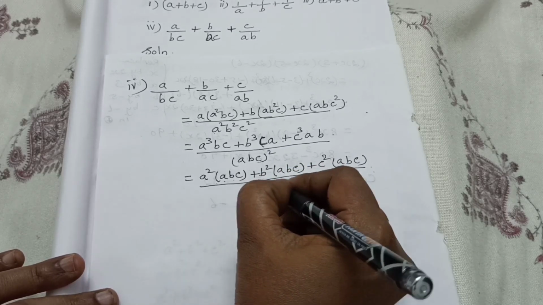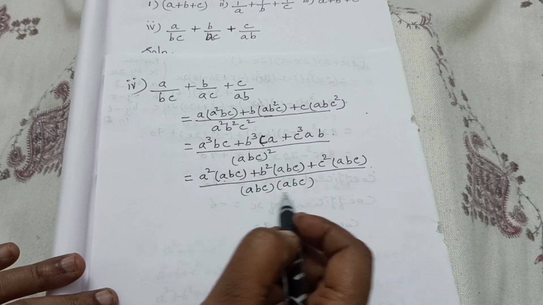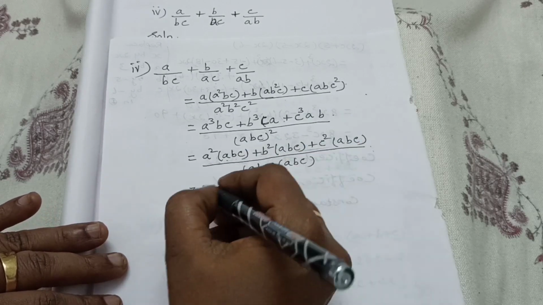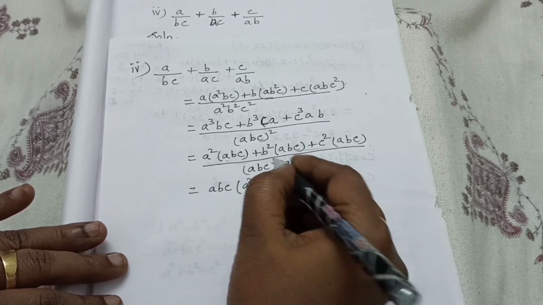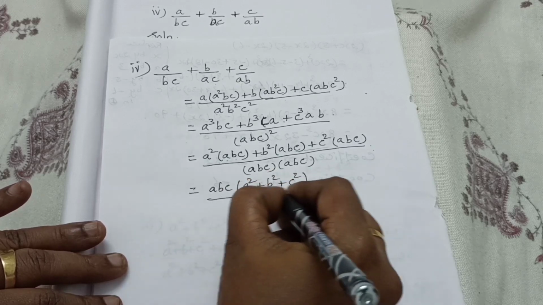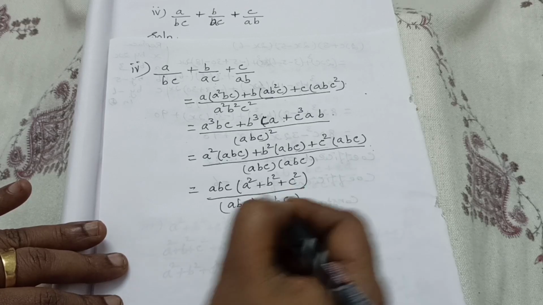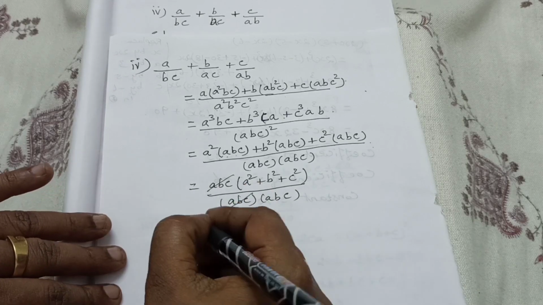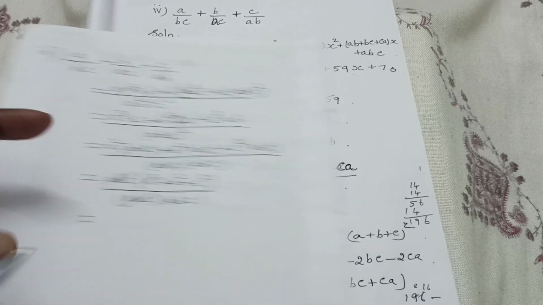Here ABC into ABC we can write 2 times. Okay. ABC into ABC we can write. Then equal to, from here which is common? ABC is common. Remaining you say, then A square plus B square plus C square. Divided by what? ABC into ABC. Okay. From here this ABC we can cancel. Okay. Remaining value we know, isn't it? A square plus B square plus C square already we found.